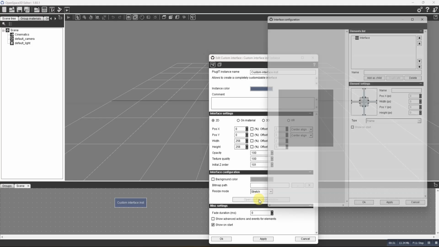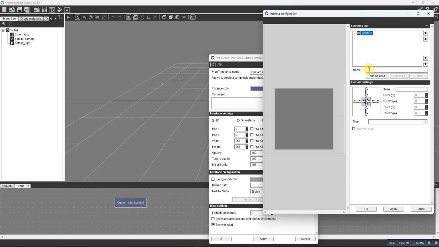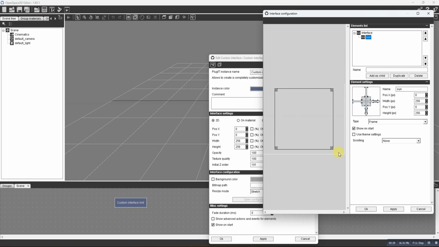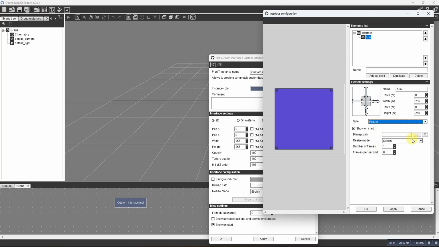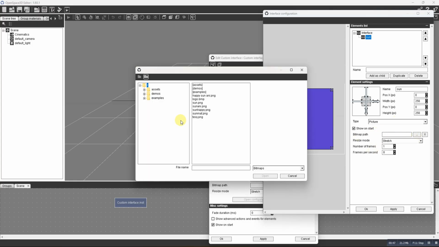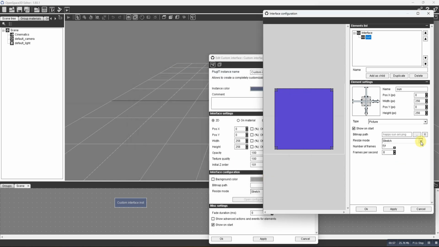I'm going to go to my open configuration editor. I'm going to add the sun as a child, size it accordingly so it's the full size of the interface, make it a picture, and do what basically I did before. So we'll have the sun happy animation. Is it on there? No, not on there. I'm going to set this to fit